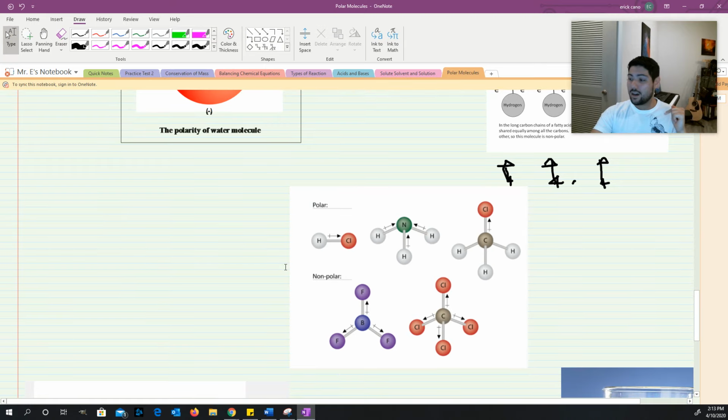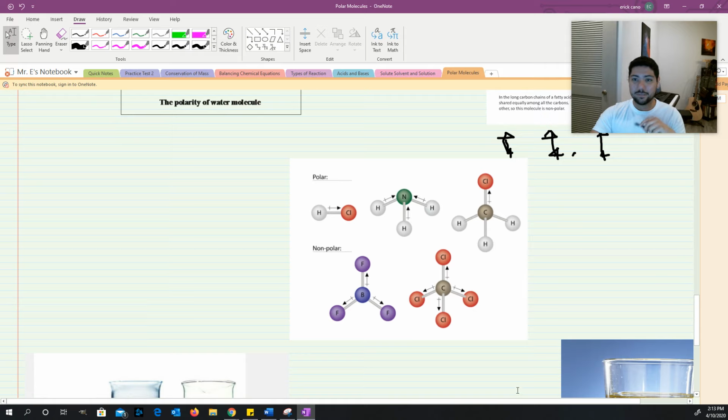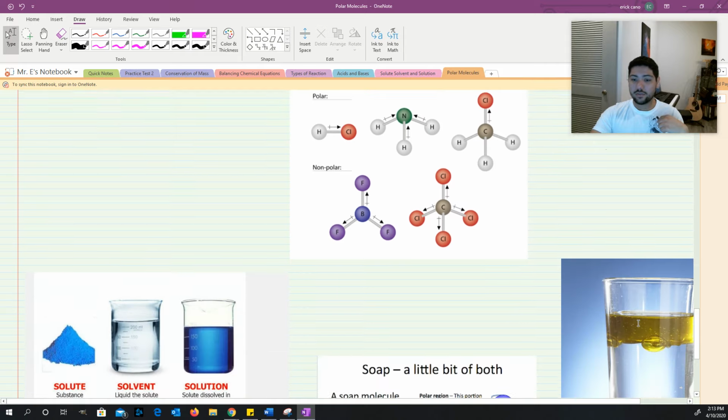But if we look at these non-polar ones, we see that everything's kind of pointing away. Everything's really structured, like everything's divided equally. This one's divided by 3s, this one's divided by 4. So there's no clear polarity. So we say that that's non-polar, okay? And that's basically what polarity is, like dissolves like. If it's similar,